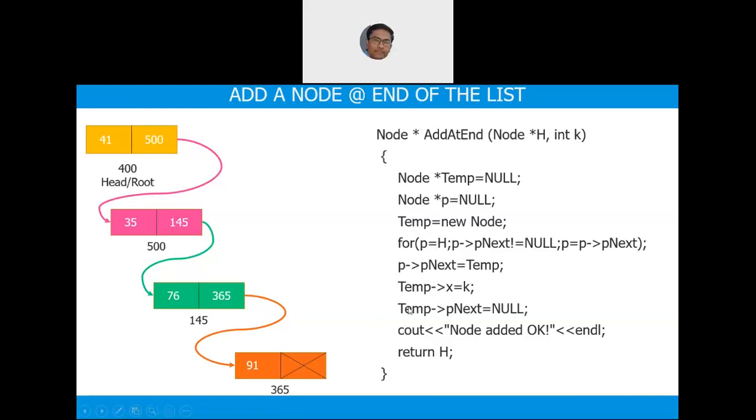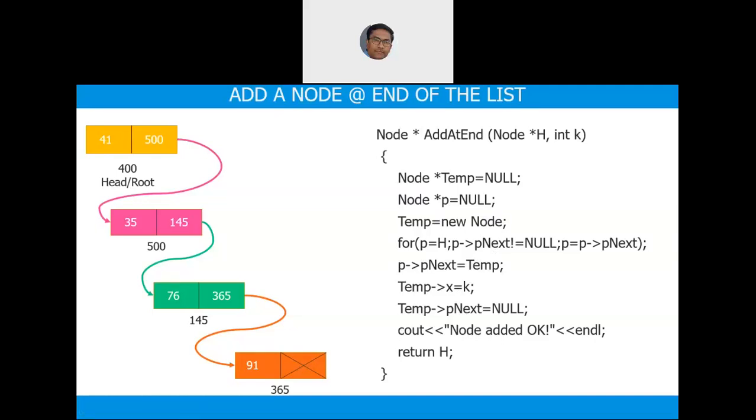Next, segregate your requirement and then directly write the program. I mean the program means only the function. It is better to write the structure, because who knows what x and p next are? We have to know that you know. So you have to write the structure, which I have shown earlier.